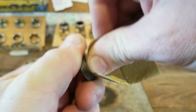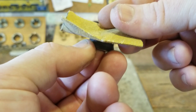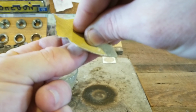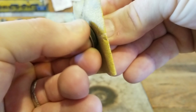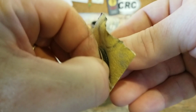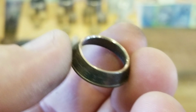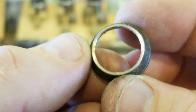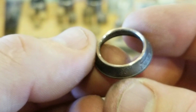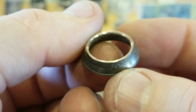So first thing we're going to do is sand on the inside of the cut edge. The next thing we're going to do is fold that sandpaper over the top, hold it like that with your fingers, and sand that outside edge. Carefully without hitting the detail on the coin. You don't want to do that. Just a little bit around the edges. And this is exactly what we're looking for here. What we're doing is looking at that cut edge and seeing if there's any cracks started at all. And it looks like we're doing really well, so we don't have any cracks going,